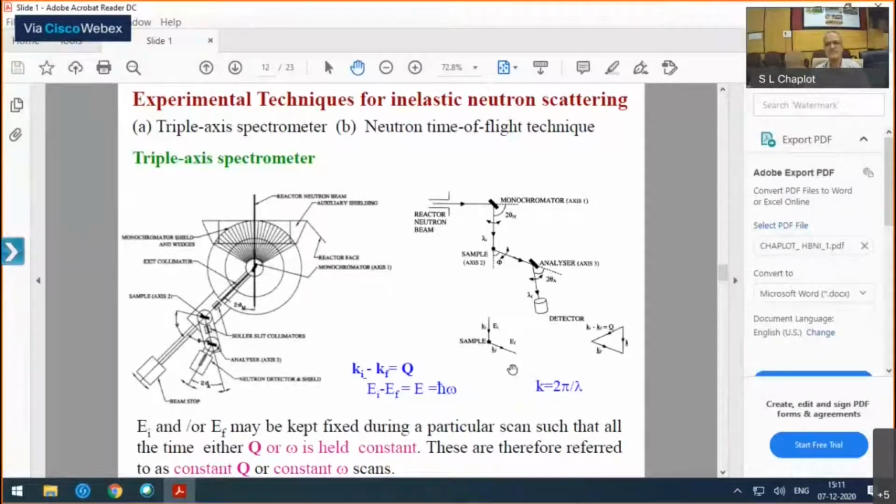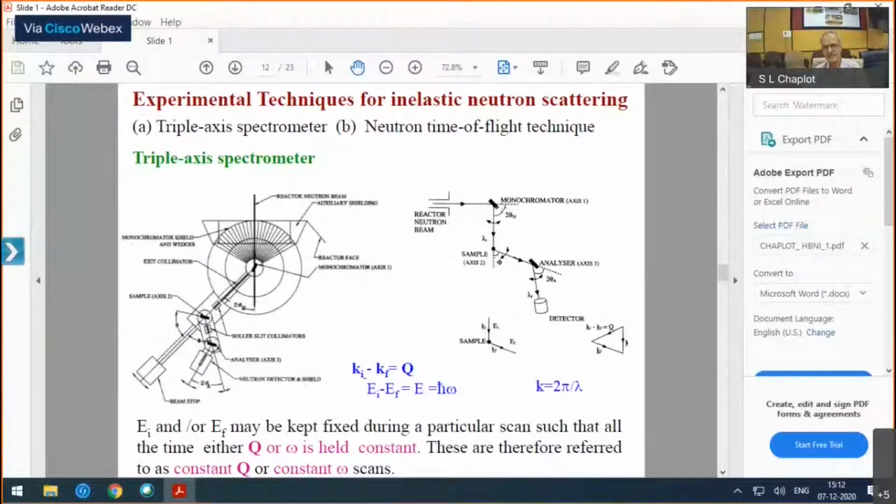Okay, so there's a vector diagram here. Ki, that is the incident wave vector. Kf is the scattered wave vector from the sample, and the length of the line is proportional to the magnitude of the vector. So I can draw it like this, Ki and Kf. So this is Ki and that is Kf, and Ki minus Kf is equal to Q. So the Q is the wave vector transfer. So one is interested in the magnitude and direction of vector Q, and also the magnitude of the energy transfer. It is possible to do this. We'll go into more detail on that.